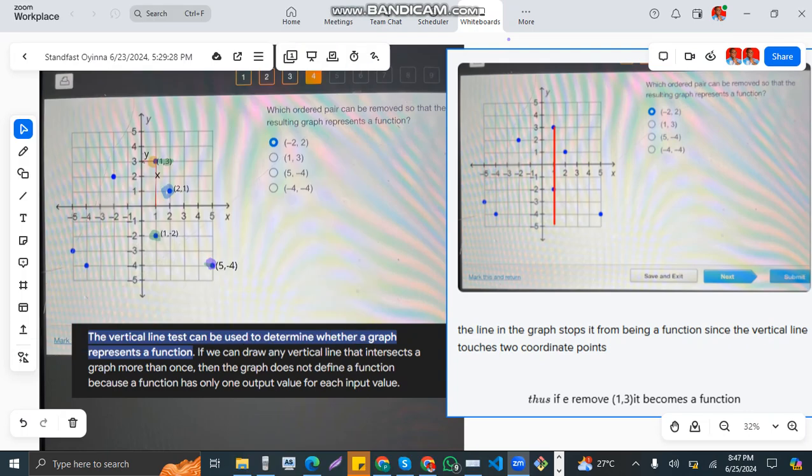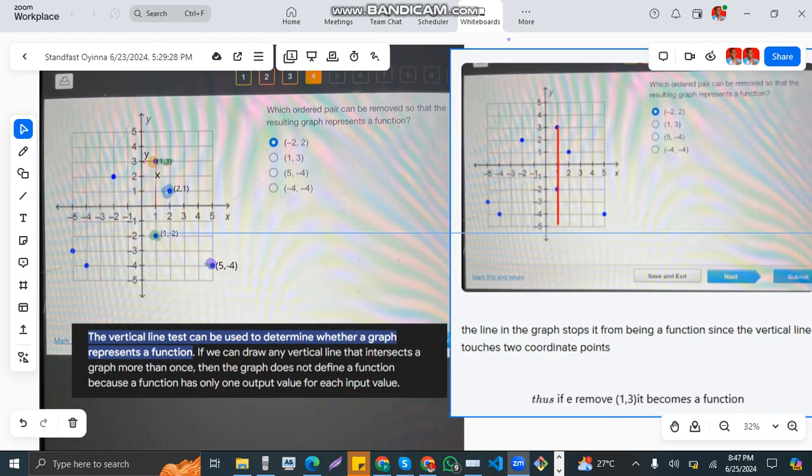removed so that the resulting graph represents a function. So they are asking us which other pair can be removed so that the resulting graph represents a function. Now if you look by your left, you will notice we have a graph here with the y-axis and the